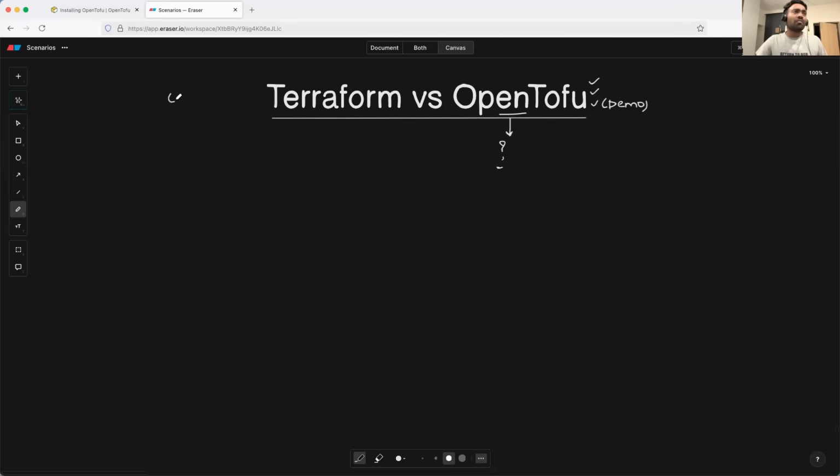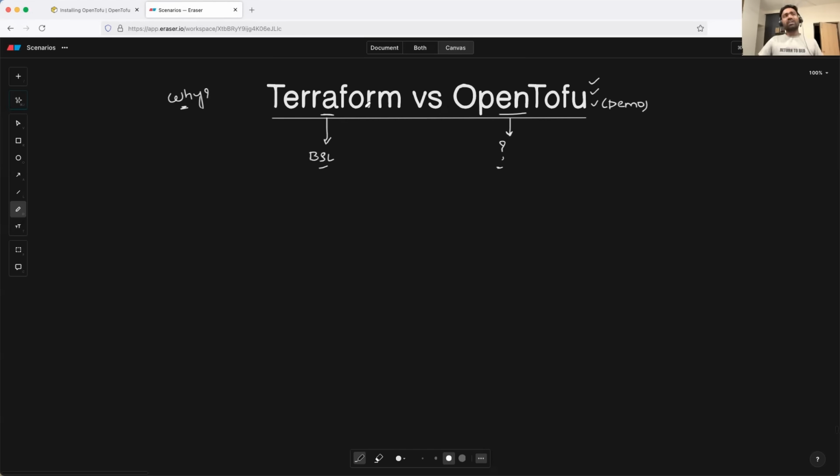First things first, why OpenTofu? When Terraform as a project is doing super good with respect to infrastructure as code, why did a project like OpenTofu come into existence? So if you haven't followed, HashiCorp changed the license of Terraform to BSL.